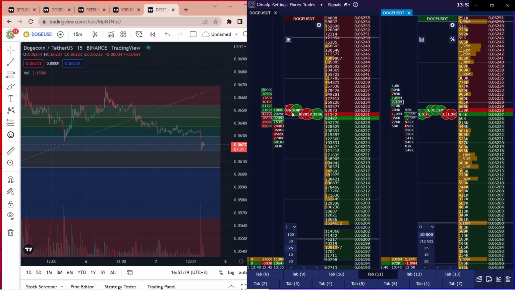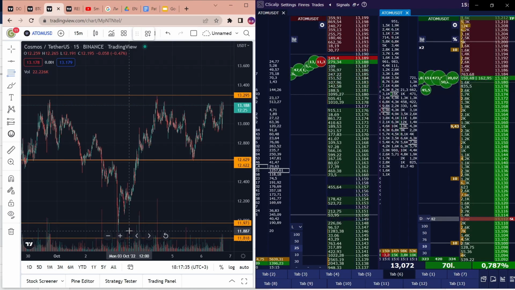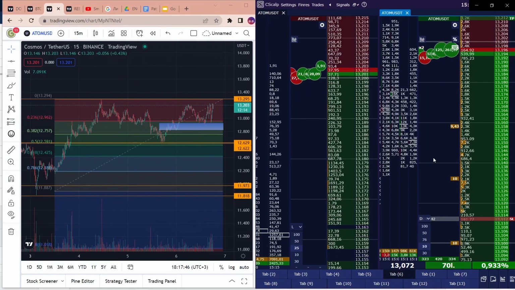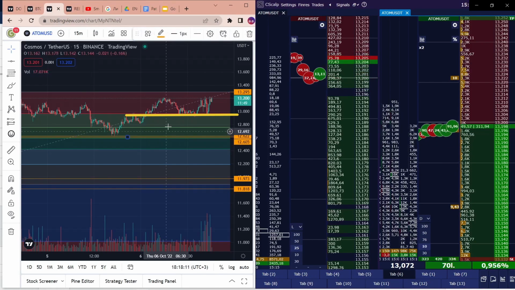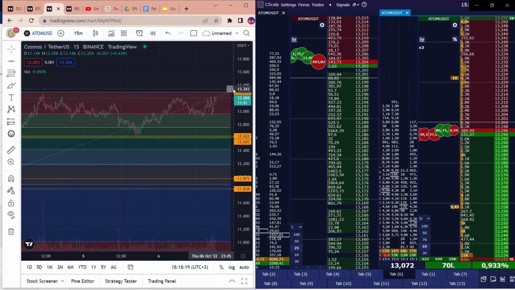So let's see several trades using Fibonacci levels in practice. ATOM USDT, here we see the price coming to the strong local resistance. Here I decided to use Fibonacci levels to find the point where I can load in advance before the breakout. Look at this area. It was respected by the price, and the price hardly went lower. I decided to load the position in advance from this level. Due to this useful tip, I managed to load in advance, and I had already a profit of almost 1%